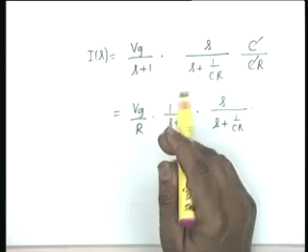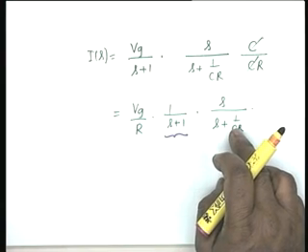Agreed? Now, you notice that the response transform has two kinds of terms besides this constant. The constant is simply a constant multiplier, so we can retain it as it is. It has two types of terms. There is a pole of the transform due to the excitation function. This pole is at s equal to minus 1. Agreed? There is a pole. The response blows up when s equals minus 1, so it is a pole. The other term, s by s plus 1 over CR, has a pole which is characteristic of the network.